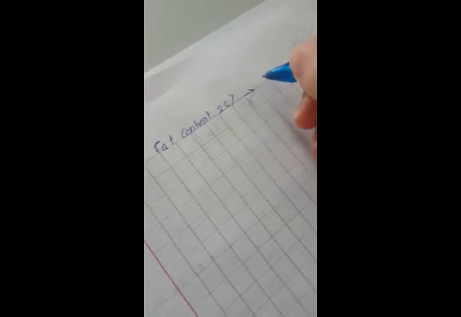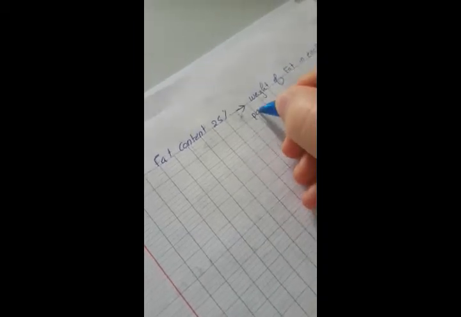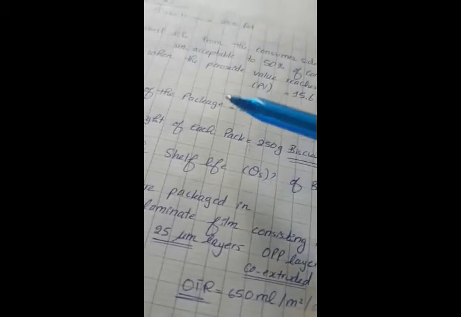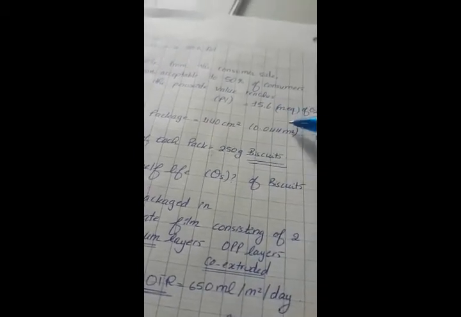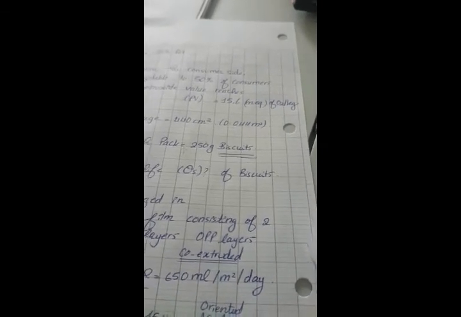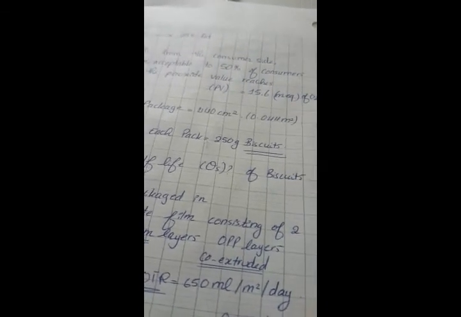So I want to calculate the weight of fat in each pack. Why? I'm gonna start step by step. Why am I calculating the weight of fat in each pack? Because over here I have the shelf life from the consumer side. It is unacceptable when the peroxide value is 15.6 milliequivalent of oxygen per kilogram. From here I can get out how much oxygen is critical in order to be unacceptable for the consumer,